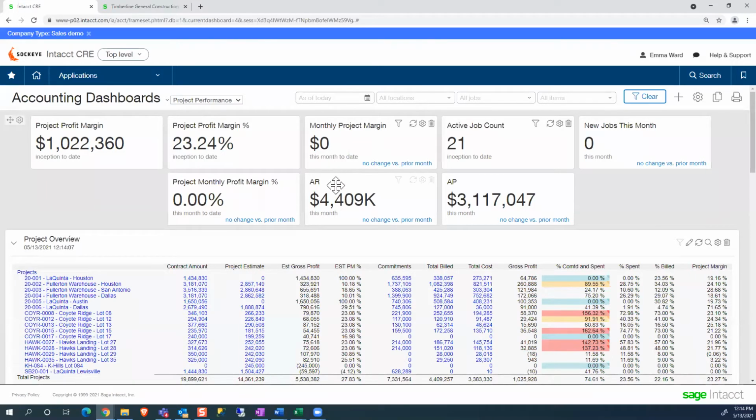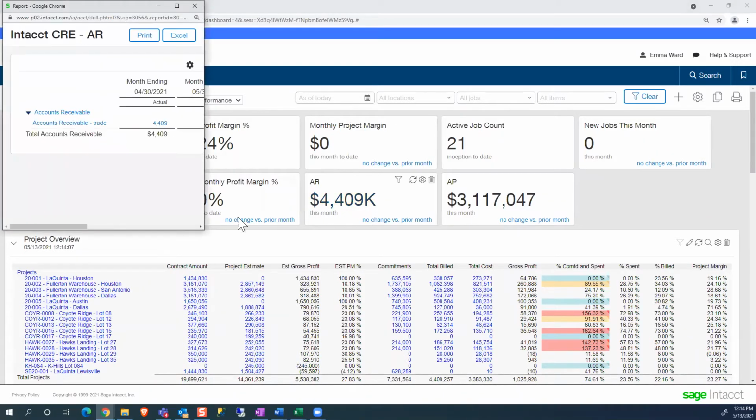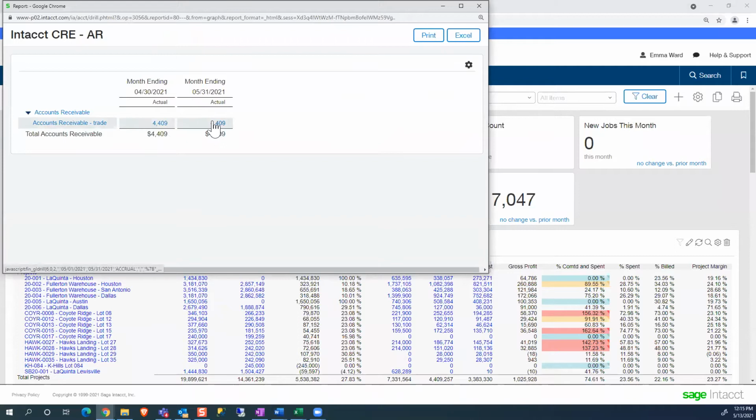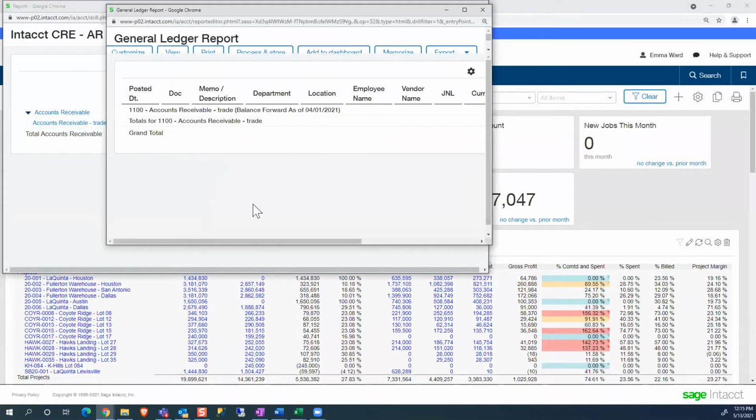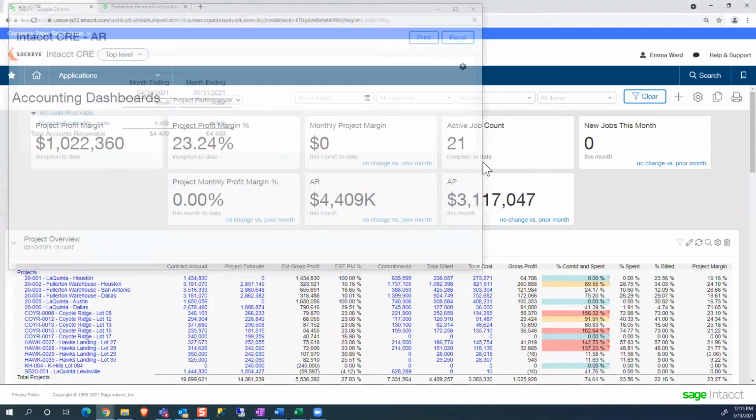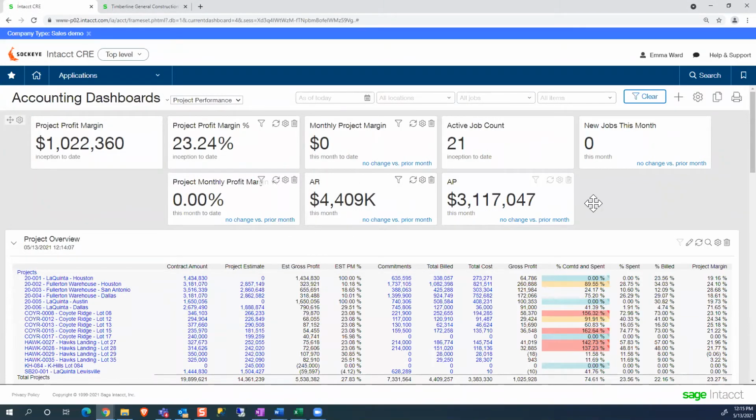All of these give us the ability to drill down too. So if I wanted to look at my AR, for example, I could click here and see the drill down of that, the difference between the AR, and continue to drill down all the way to the source transactions. Okay, and that's not just from these performance cards, but from the reports as well. So one of the powerful aspects of Intacct is that ability to drill into the information that's presented to get you to the source data where you can ask questions or look at the details of those transactions.